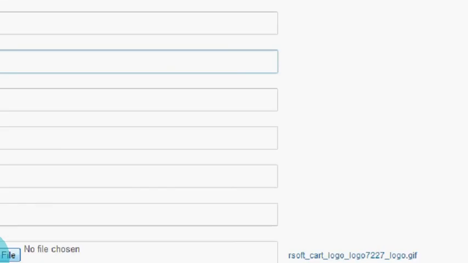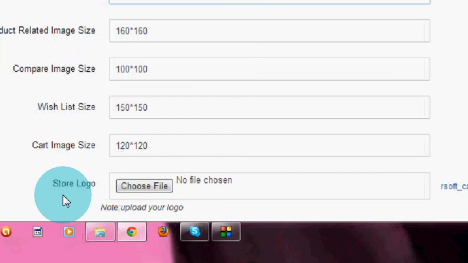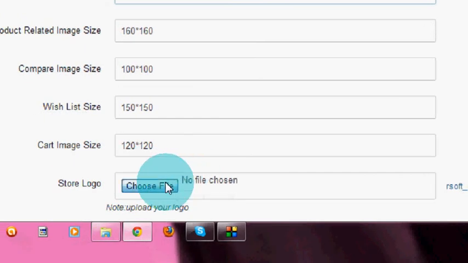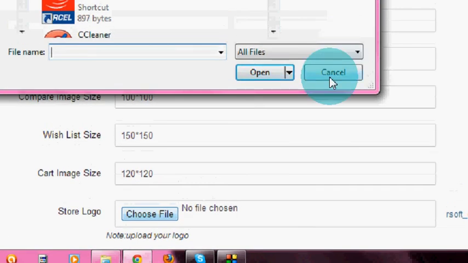And here is the place where we enter the logo for our website. Here we can go to choose file, browse from our system and upload the logo onto the website.